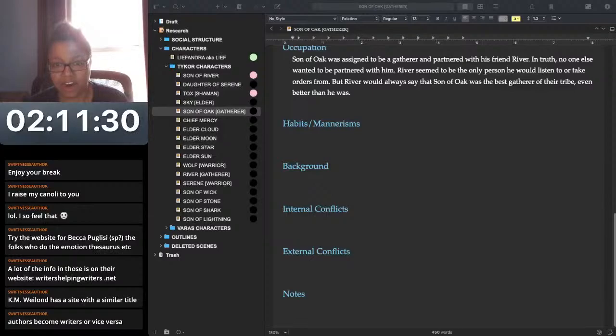What can you do? Characteristic noises. Oh, I like that. Like whistling or humming. Yes, I forgot. See, this is why this is good to look at. Physical mannerisms like tilting your head. Hair twirling. Scratching the head. Yep. Okay. This is going to be good for me to have. I might actually just copy